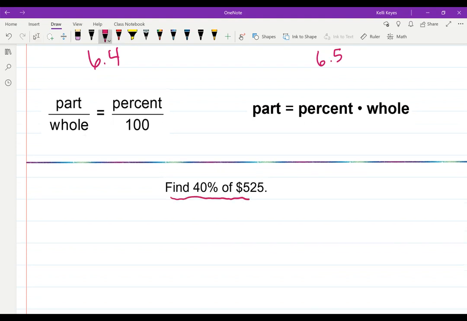Find 40% of $525. So if we set up the proportion,